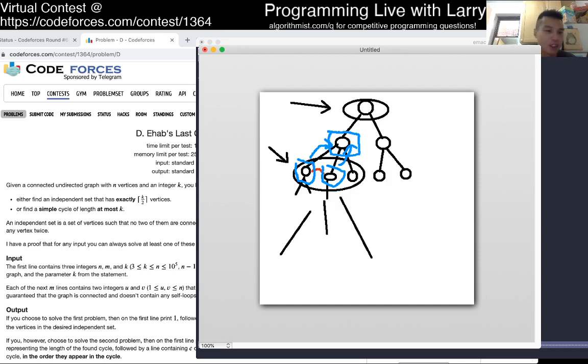And then the question is, how can you prove that this is less than k? Well, at the worst case, let's undo this for a second. Let's just say for whatever reason we chose these two nodes. Well, here then for every two nodes that you pick, and there's an edge between them, the common ancestor will always be at least root. So this will always be the common ancestor, and you know that this is some distance away, which is going to be less than k over 2 by definition,